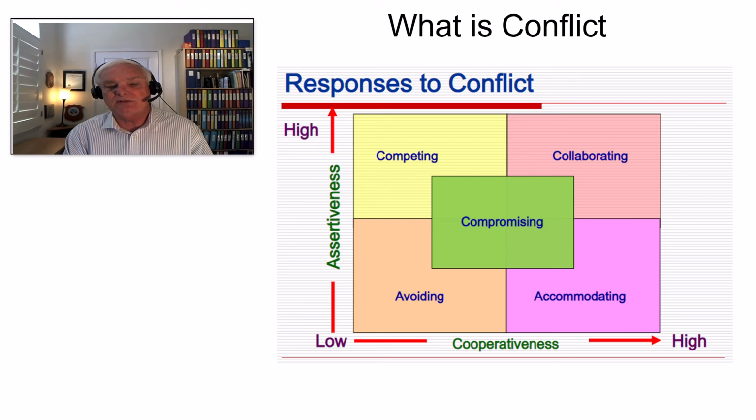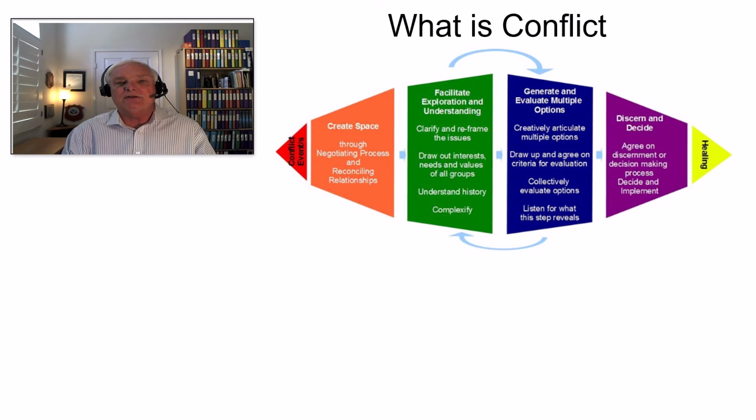You'll see the difference between avoiding and accommodating. So if we can move all the way to the high side here, and we look at avoiding all the way up to competing, that if we can get to the competing side and the collaborating side and the accommodating side through compromise, we are then in a position where we can help to try to resolve a lot of conflicts. Now, there are different process steps to going through a conflict, and this is just one generic model.